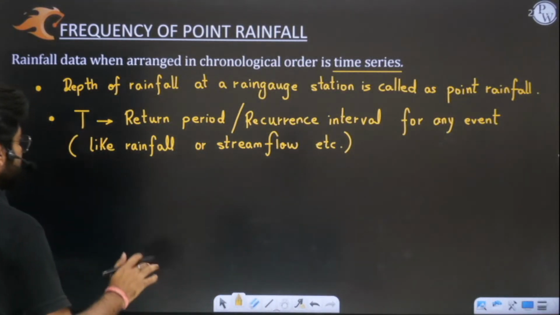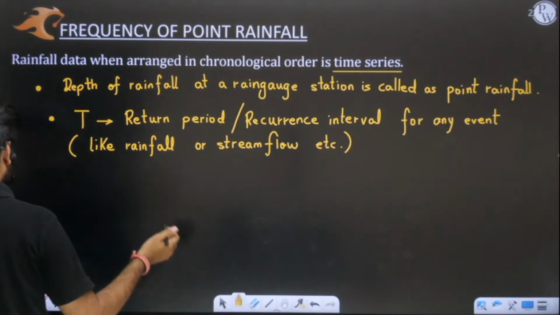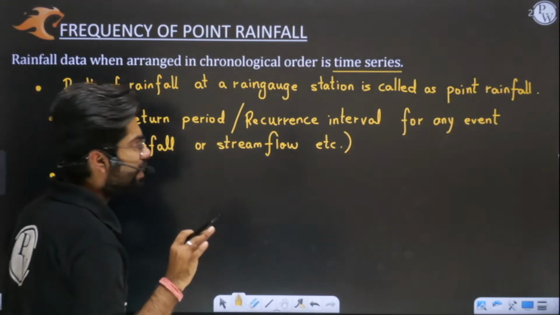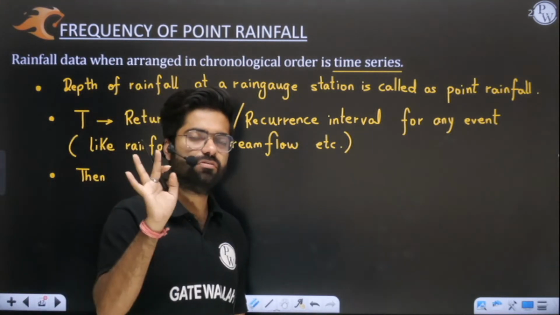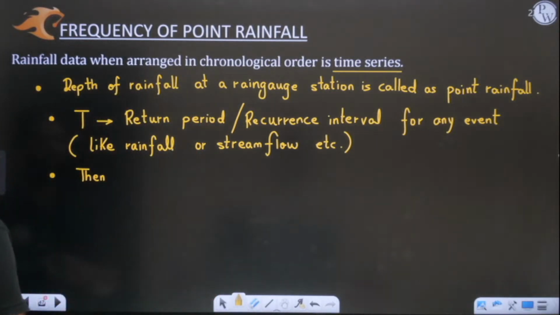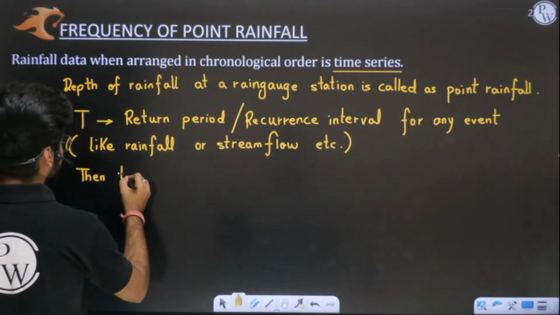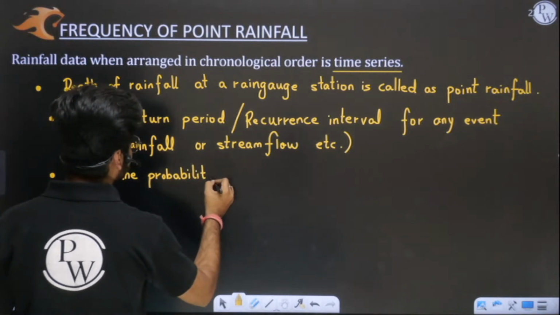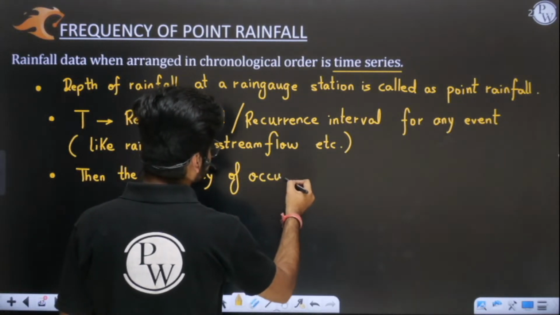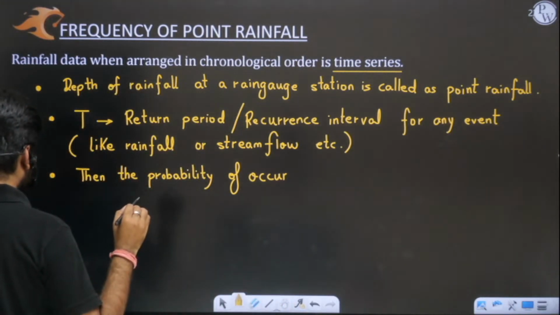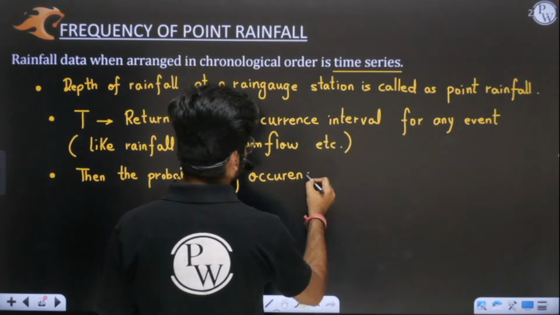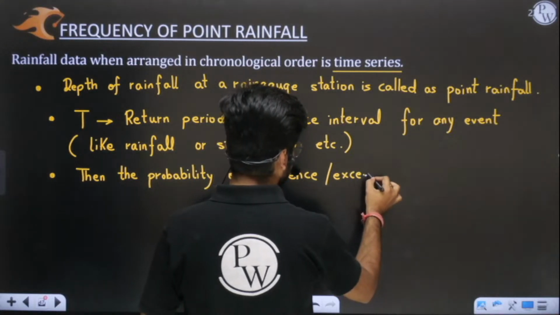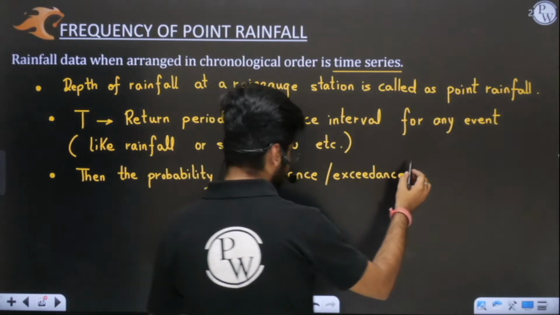Now if the return period is T, then what will be the frequency or probability? Have you read the formula for frequency with respect to time period? Have you heard about it? If you know it, can you tell me the formula for frequency? The probability of occurrence of such an event, or you can say the probability of exceedance, is given by